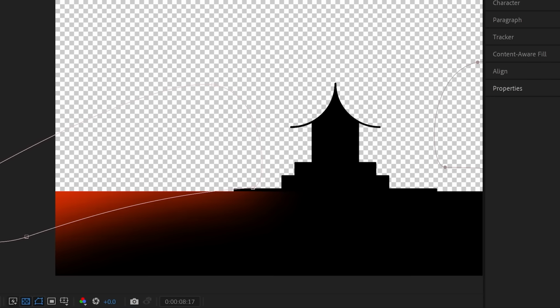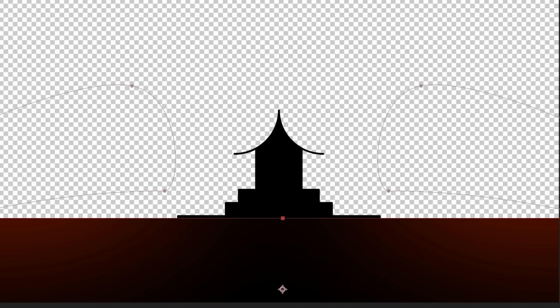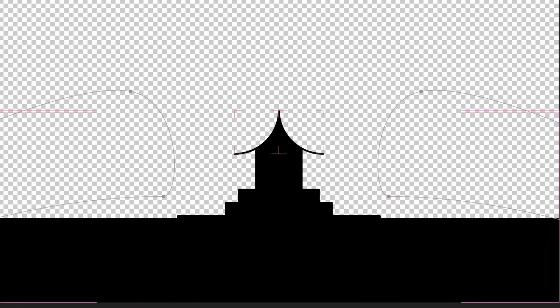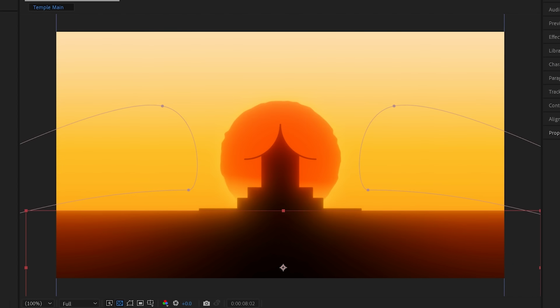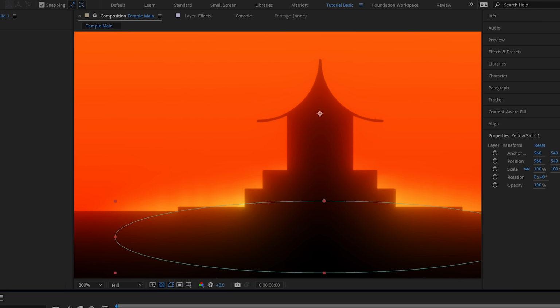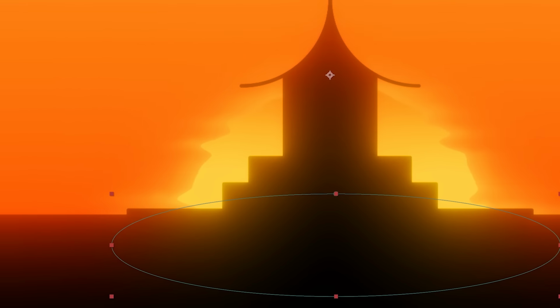Then I added some more glows, some to the ground manually by using feathered masks on a red solid that moved over the ground as the sun rose, giving the slight effect that the temple was casting a shadow and making the composition up to 8% more interesting. Then another hit of yellow using the same technique to the bottom of the sky behind the temple to make the sun coming up just feel extra intense.